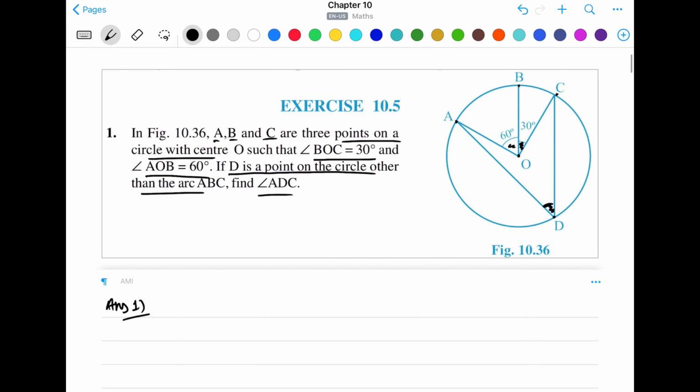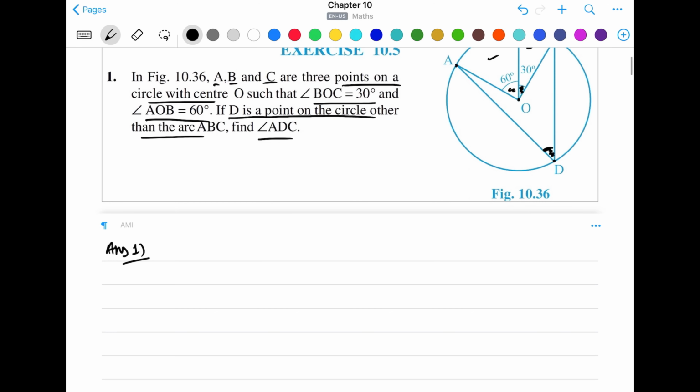Okay, so from the figure you can see that this arc ABC is making 2 angles, or we can write this as angle AOC, which is the sum of these 2 angles. Okay, so we'll write,